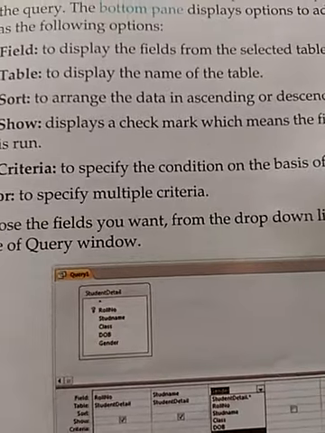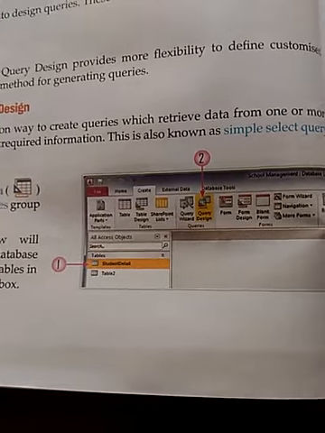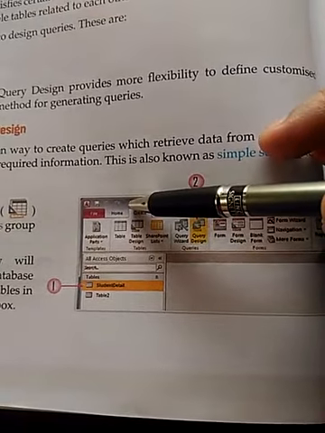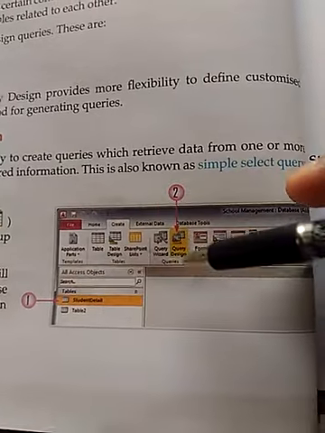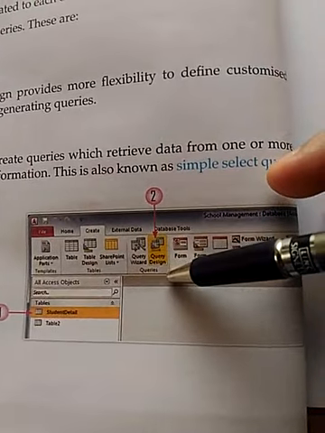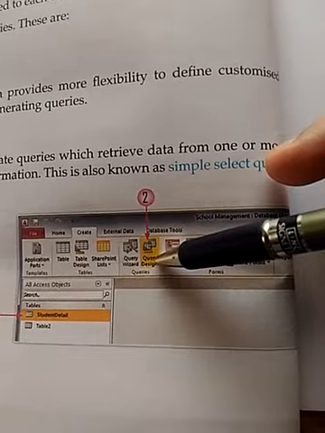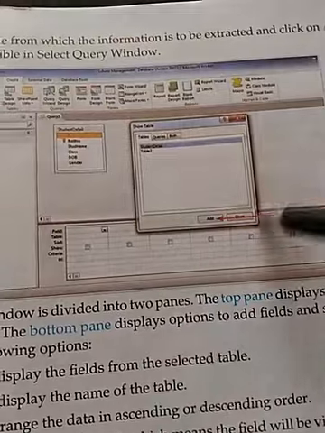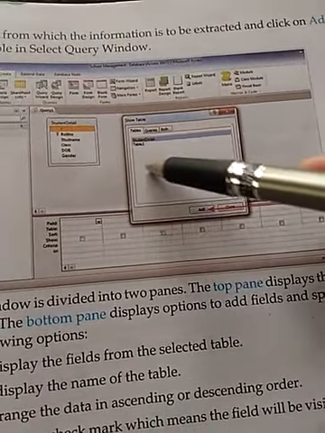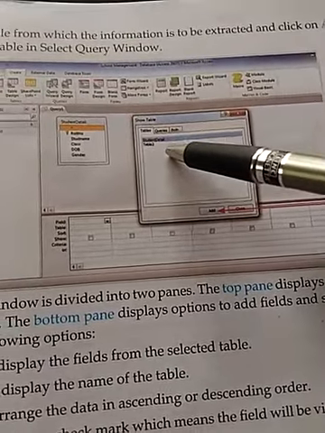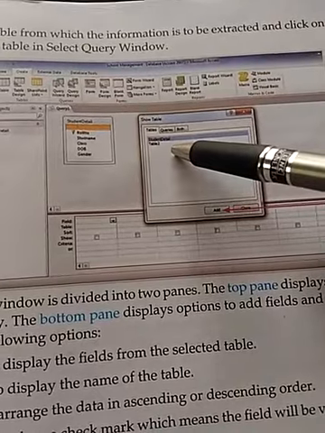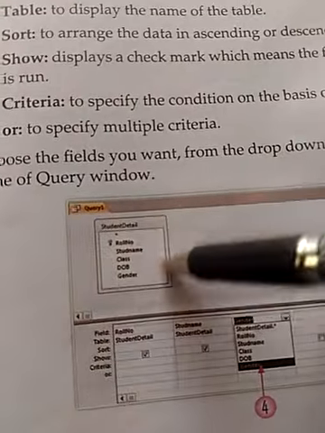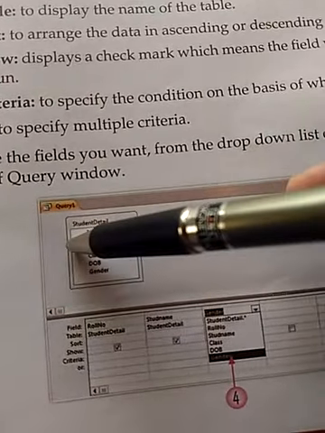So how can we make a query in the design view? Let us review once more. Click on the create tab. After clicking the create tab, go to the query group. In the query group, you will find the option query design. Select this query design option. A window will appear which will show the names of all the tables. Select the table which you want to have in the query, and you will get all the names of the columns present in the table.